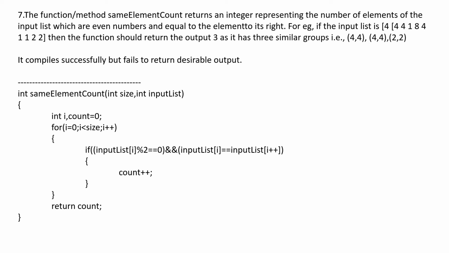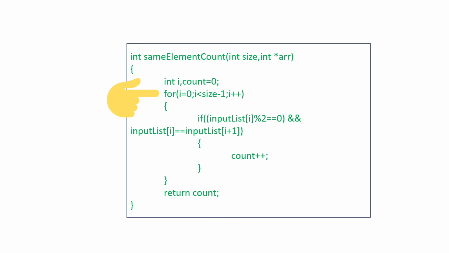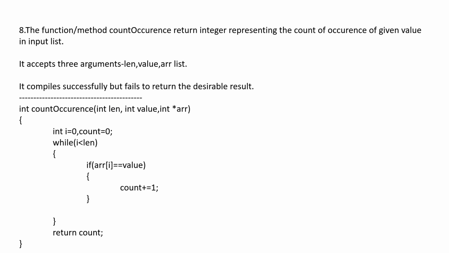If you run this exact code, we are going to get an out of bound error, because here we are trying to access the array elements beyond its limit. If the size of the array is n, here we are even accessing i plus plus. So when we are accessing the final element of the array, even then we are using i plus plus. So we are trying to access beyond its limit. So in order to avoid that, we should run the loop from i equals 0, i less than size minus 1. So that is the only mistake.